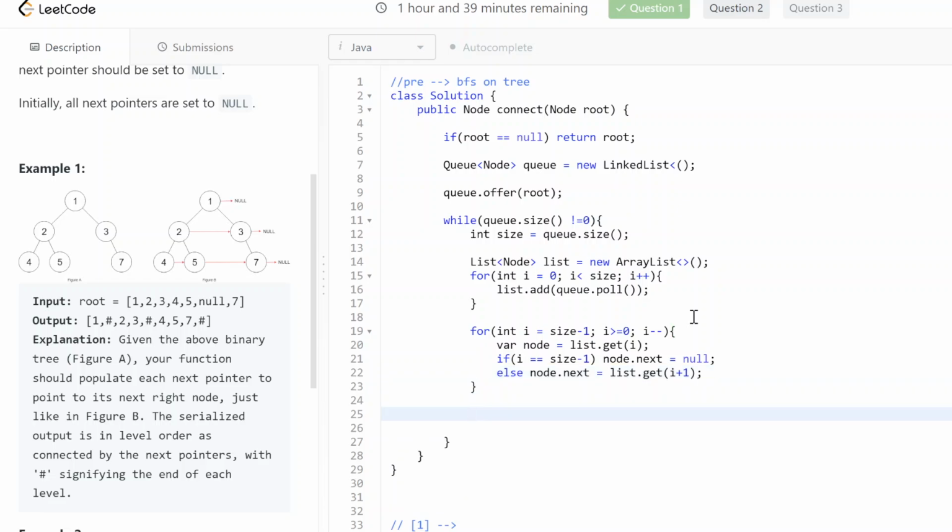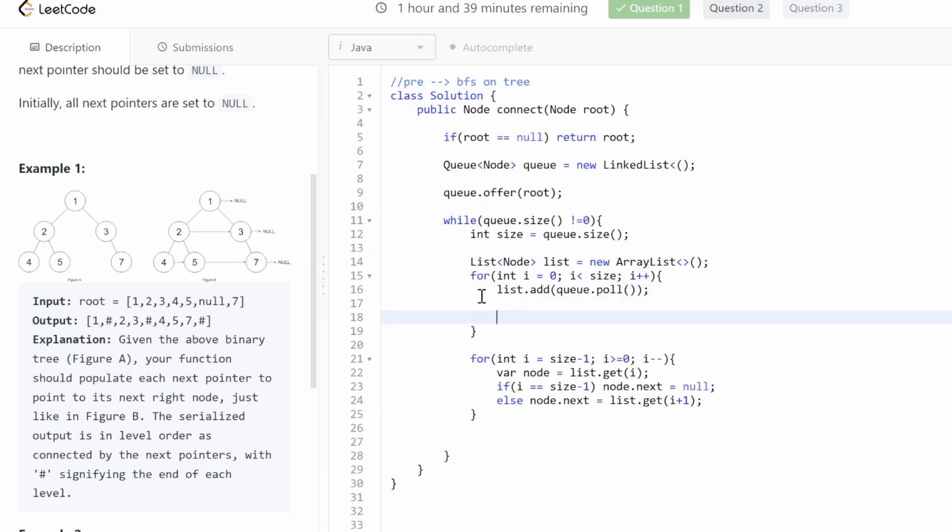And then we also need to make sure we are pushing all these neighbors also. Did I mess something up? No, I think it looks good. So this is the node. We are polling all these nodes, and here we also need to make sure we are adding these children, right? So for two, it's children. For three, it's children, right? So I can just say,